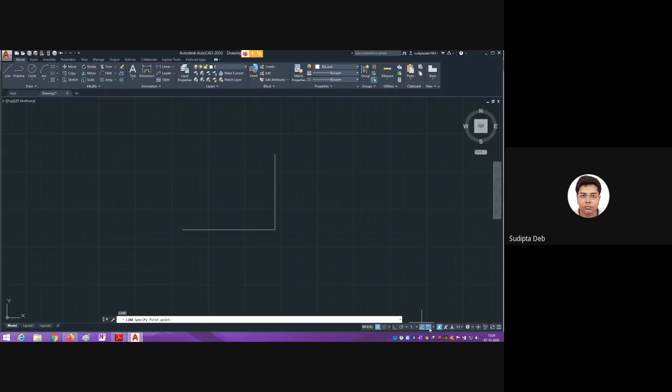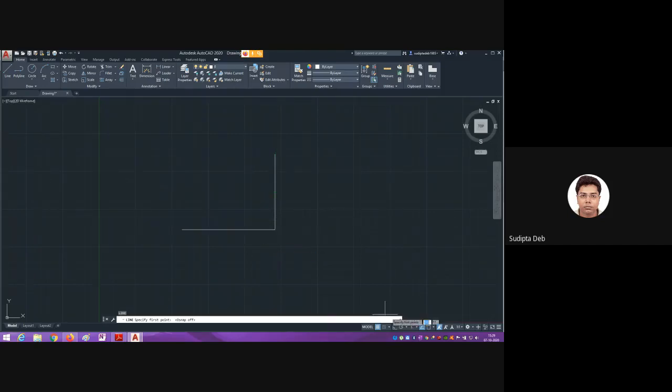One thing, try to understand. If I press here, right now it is not in blue color. That means object snap right now is off. Now if I go here, it is not showing endpoint, or any point.